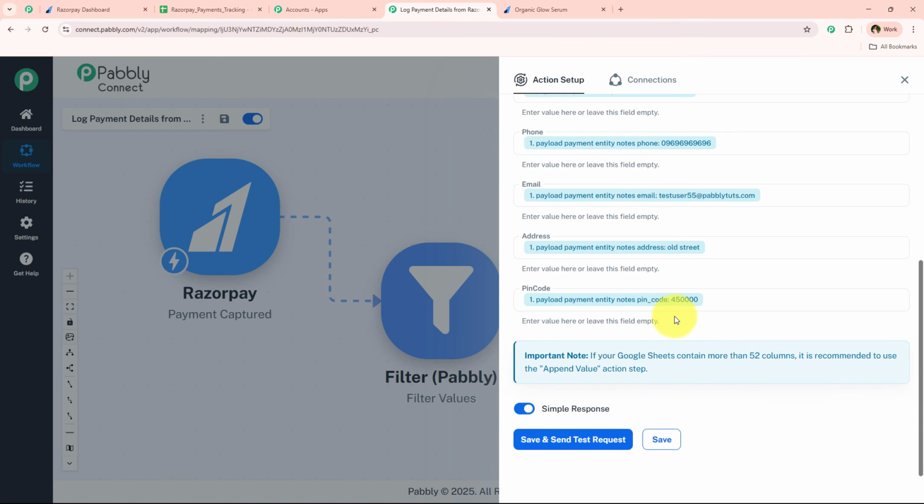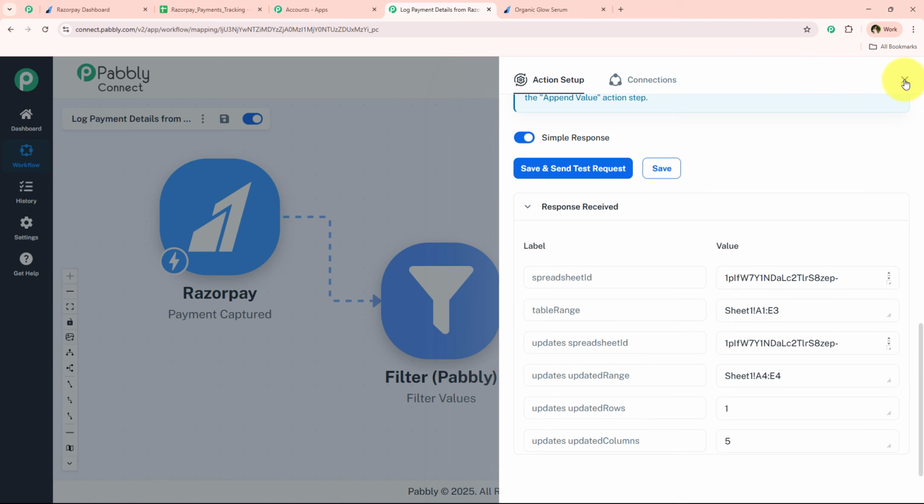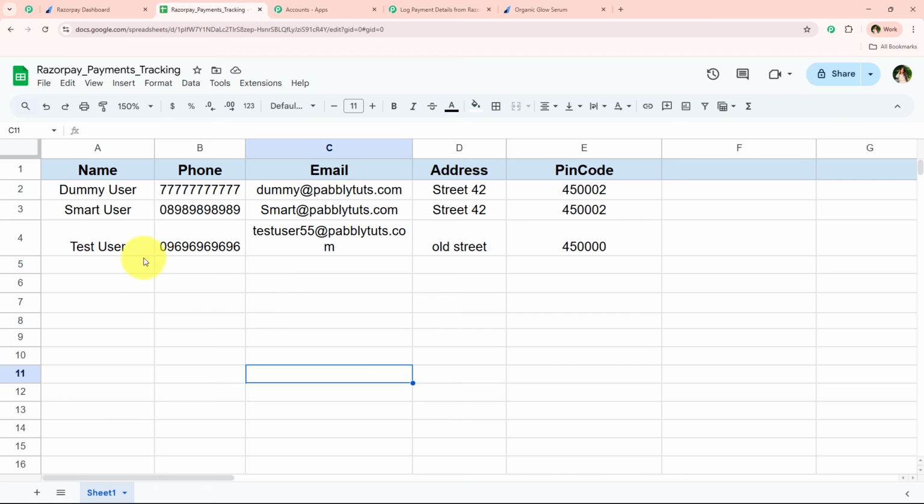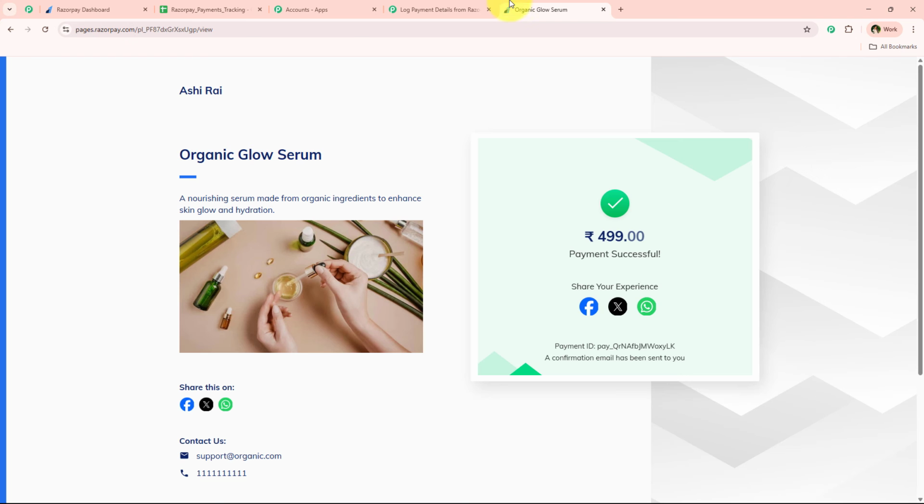And after mapping all of these details, I'm going to simply click on this save and send test request. And once we click on this, yes, you can see that we have received the positive response that we've successfully added these details into our Google Sheets. So I'm simply going to open my Google Sheets right from here, and as you can see, the details have been added right over here. You're going to see the same name, phone, email, address and the pin code which we entered right over here